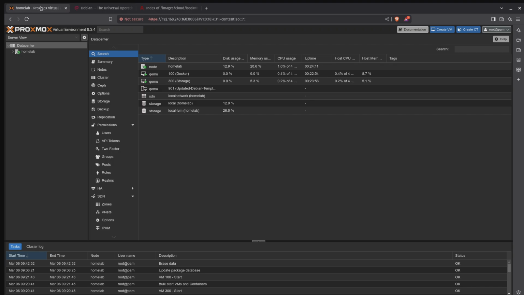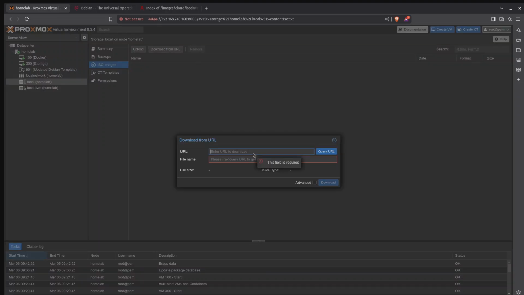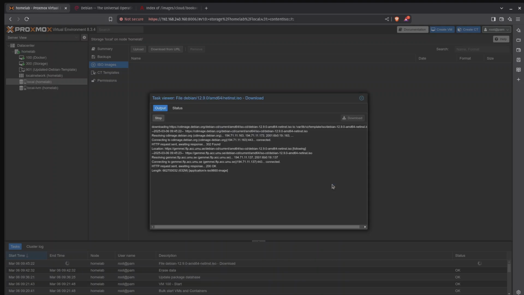over to my Proxmox, and I'll open up the home lab, go to the local storage, and under ISO files I will download from URL. And I'm just going to paste that URL that I copied. So we'll query it just to make sure I got the right link, and you can see it sees the ISO file. So I'm going to download that,